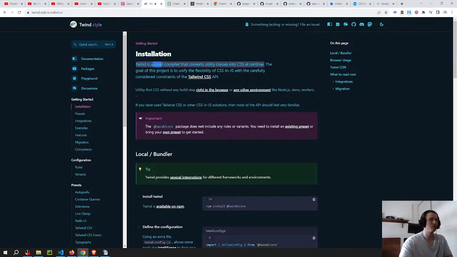Installation. Twin is a small compiler that converts utility classes into CSS at runtime. The goal of this project is to unify the flexibility of CSS and JS with the carefully considered constraints of the Tailwind CSS API. Local, bundler, browser usage, Twin CDN, what to read next, integrations, migration. Utility first CSS without any build step right in the browser or any other environment like Node.js, Deno, workers. If you have used Tailwind CSS or other CSS